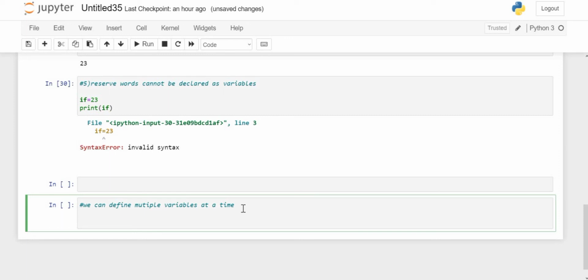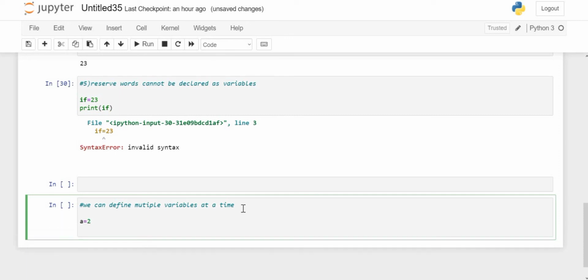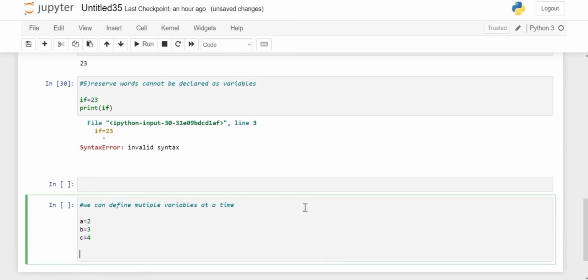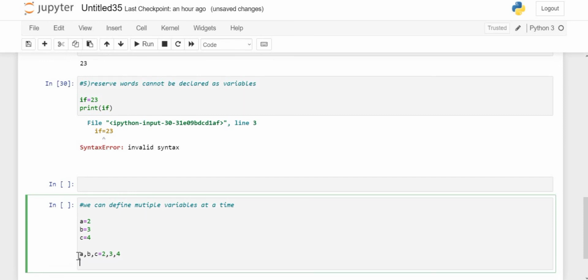Okay, if you want to define multiple variables like a equal to 2, b equal to 3, c equal to 4, we can define like this, or we have one special functionality in Python like a comma b comma c equal to 2 comma 3 comma 4. If I say print,